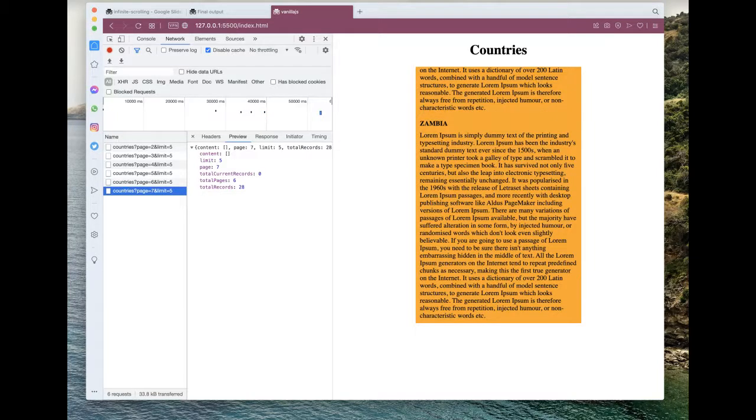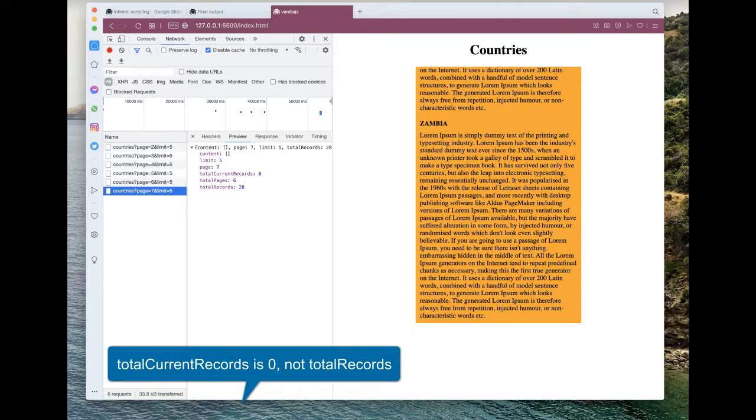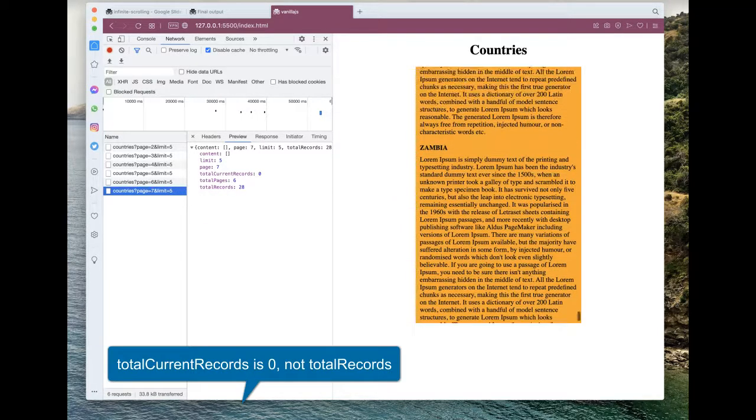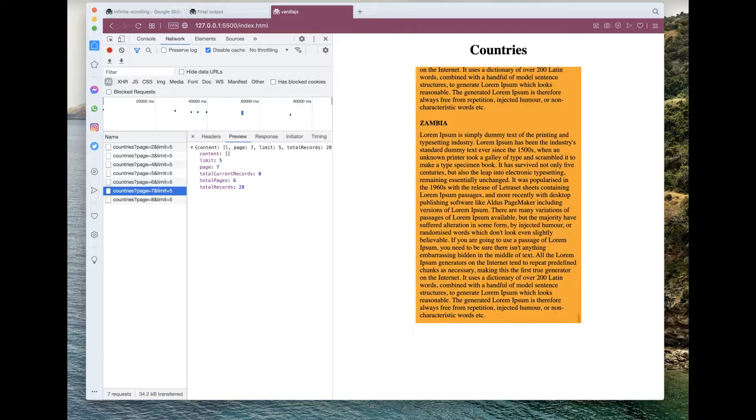If you see the results of page 7, total records will be 0, but still the API will be invoked. Even if you go up and scroll down, it will hit the next page, but the results will be zero. It will not affect the output, but it will result in one unnecessary API call. In order to avoid it, we have to compare that the current page is lesser than total pages. So let's implement that logic as well.